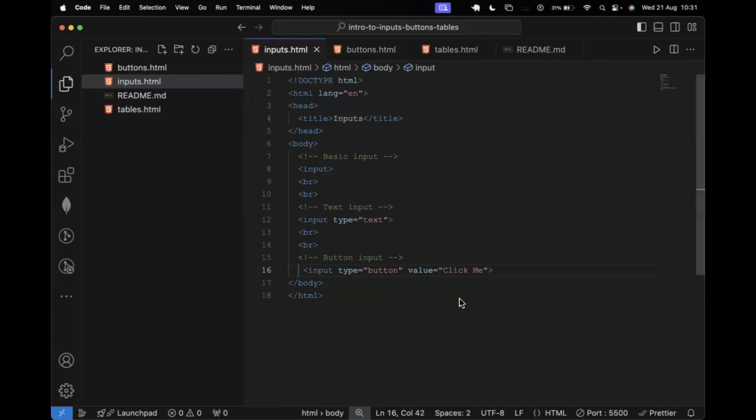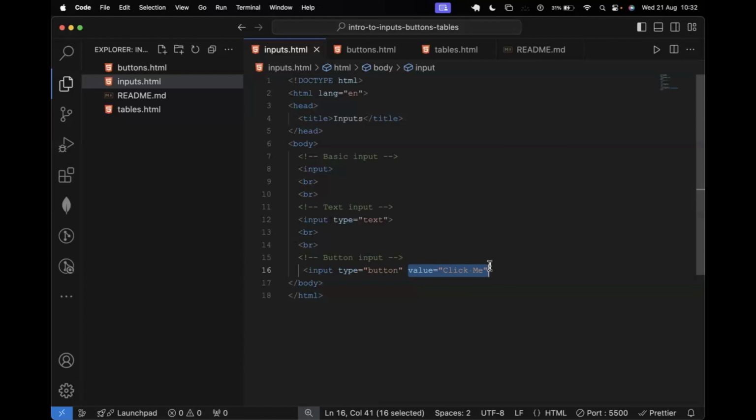Yes. All right, so I gave it a value of click me, and this value provides content to your input element. As we saw last time, usually in HTML we have an opening tag and a closing tag, and between the two there is always what we call content. And in some self-closing elements, we can also have some content in them, if necessary, by using what we call